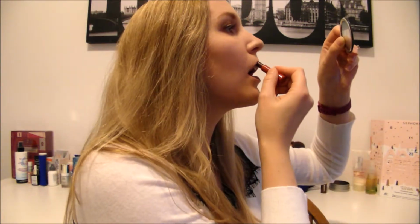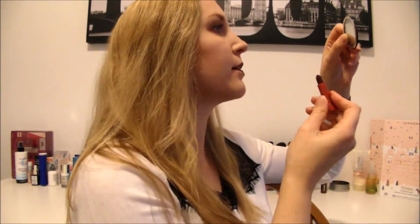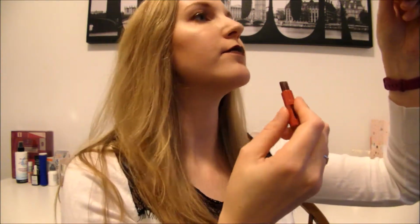Okay, I zoomed you in a little bit closer so you could see better. So again, this is Noir Red 1930. Definitely a very nice formula, very comfortable, just like I remember. This color particularly is a little bit dark for me. I find on fair skin, just from my personal preference, I don't love the way that it looks, but formula-wise,